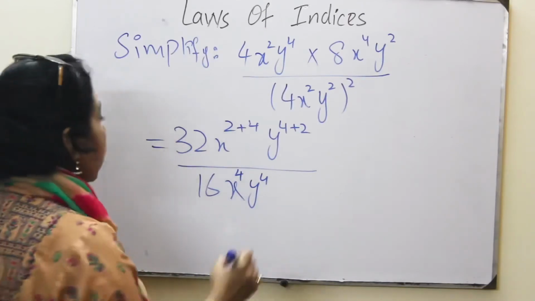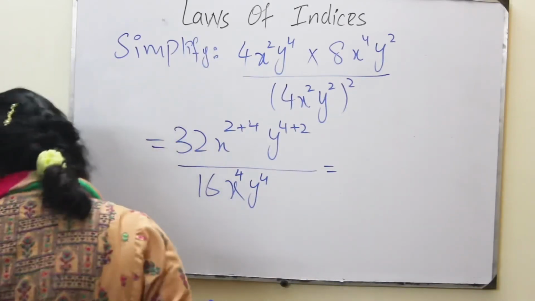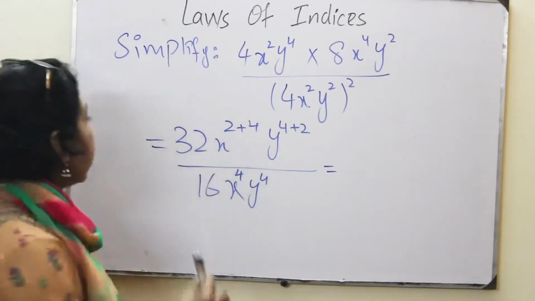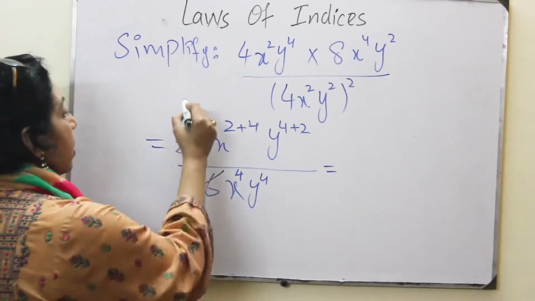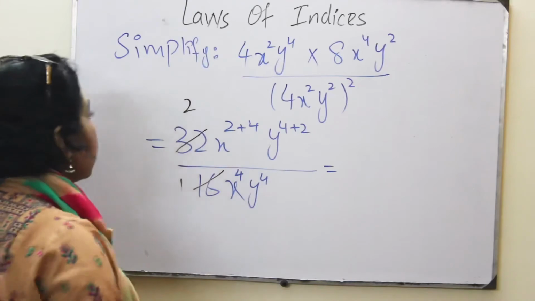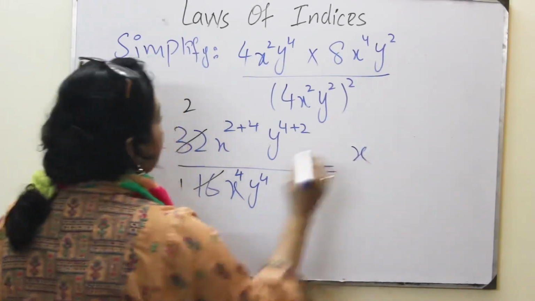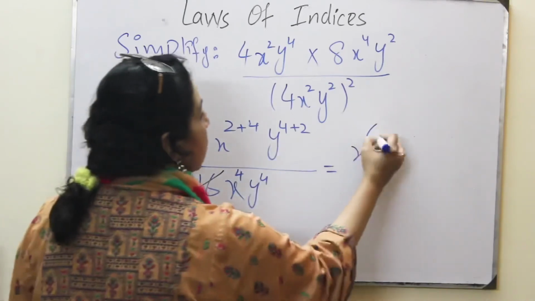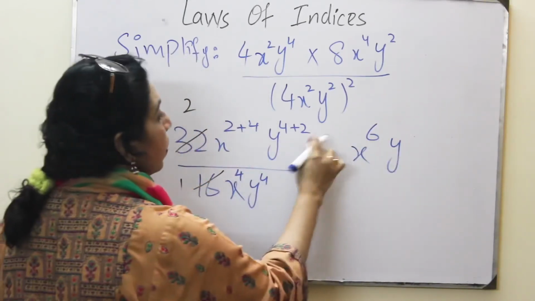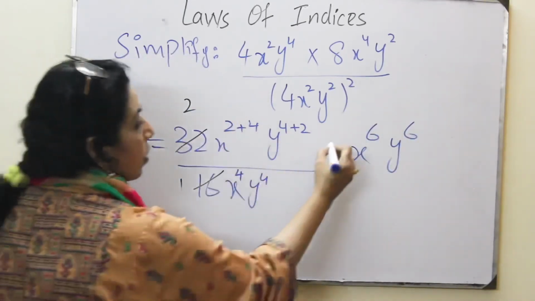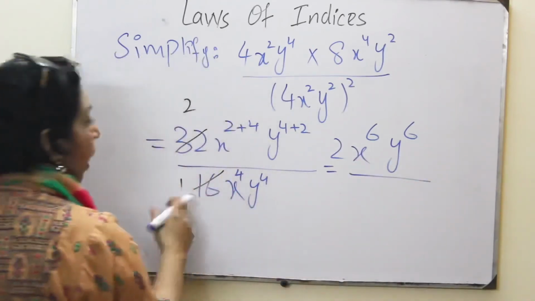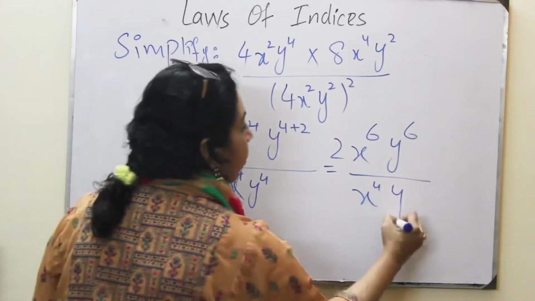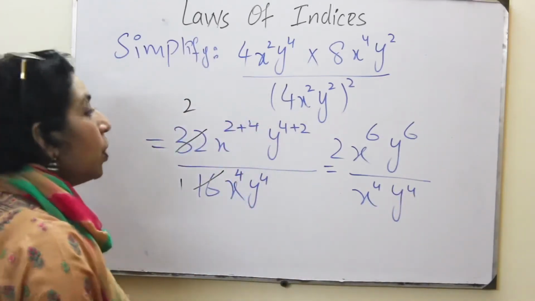Okay, now we shall have cancellation of integer with the integer. So 32, 16 1 times, 16 2 times 32. I have changed the color of the marker to show you how I have done the cancellation. 2 plus 4 is 6, y 4 plus 2 is 6, along with this 2. And here we have 1. There is no need to write 1. x 4 y 4. So finally we shall use law 2.